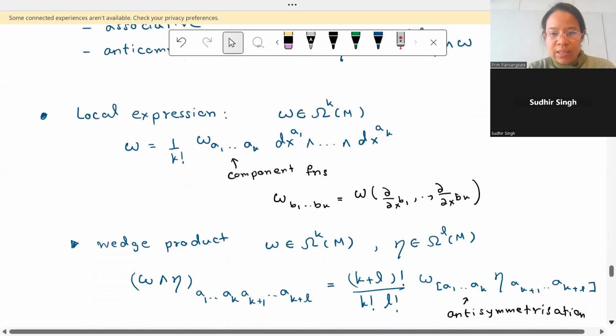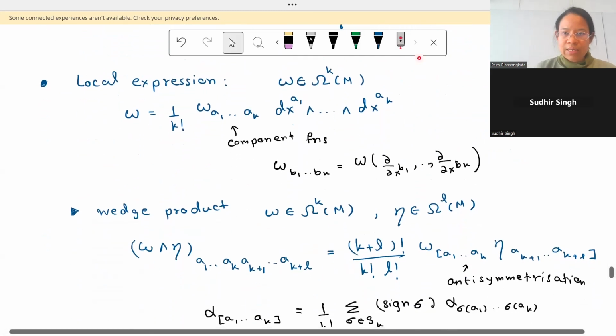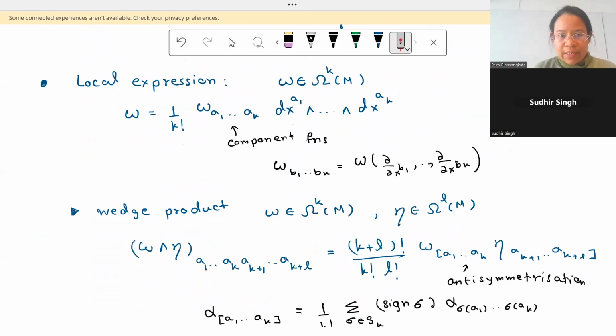And let me just give you, for reference, the coordinate expression for the wedge product, because we will have to use this in computation later. So first, for a k-form, you can write it like this, in terms of the wedge product of the one-forms, or the coordinate covector fields, and